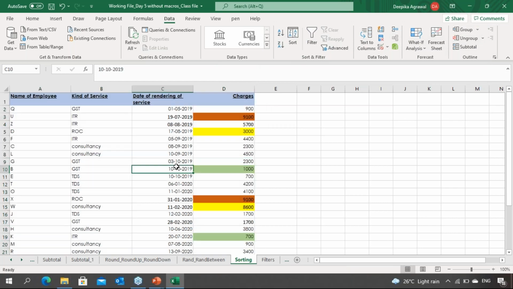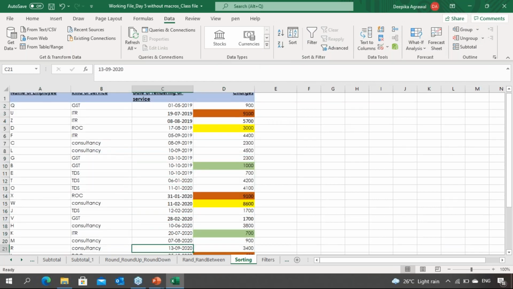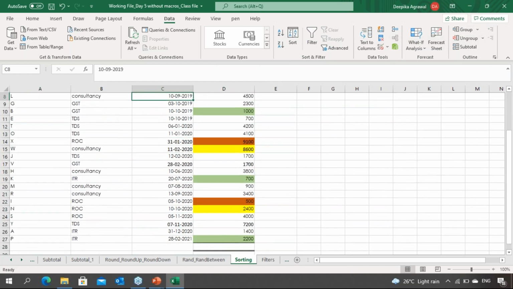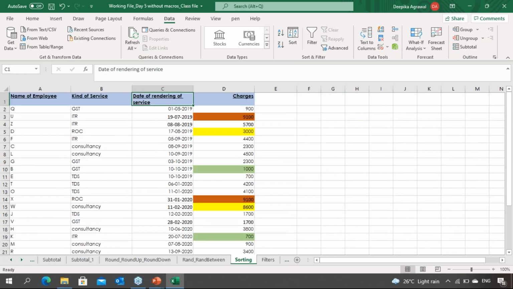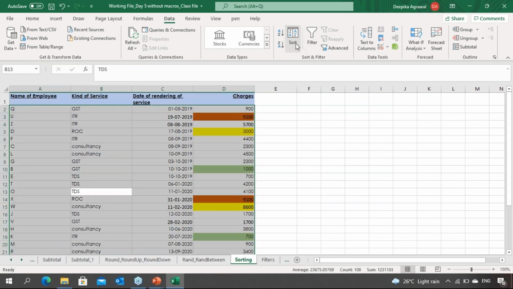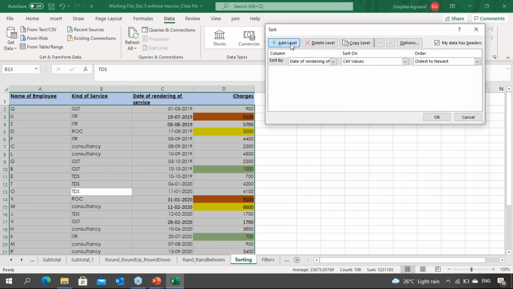So now what has happened? It has provided me the data in chronological order. Oldest to newest कर सकते हैं, newest to oldest कर सकते हैं, आप कुछ भी कर सकते हैं. ठीक है. Getting it? Multiple level of sorting लगा सकते हैं, जैसे मैंने लगाया है. इसके बाद what I want, फर्स्ट लेवल ऑफ सॉर्टिंग लग गया, एड लेवल किया, उसके बाद आई वांट सॉर्टिंग इन